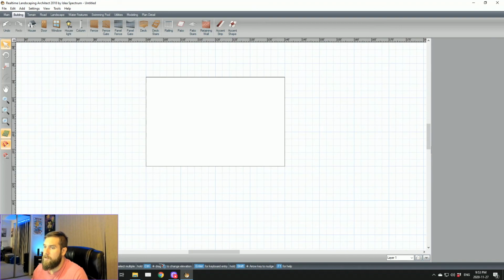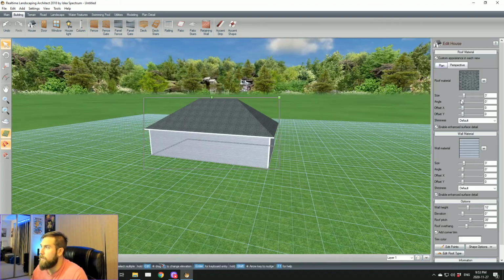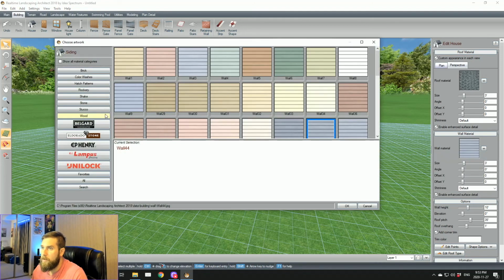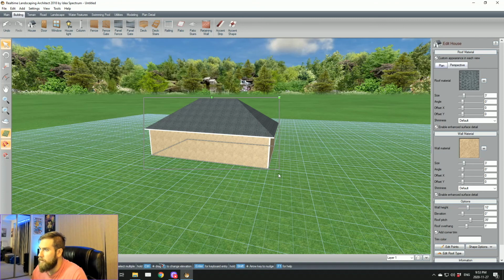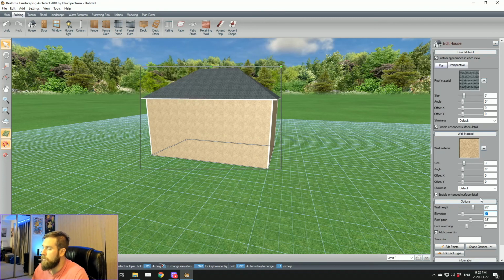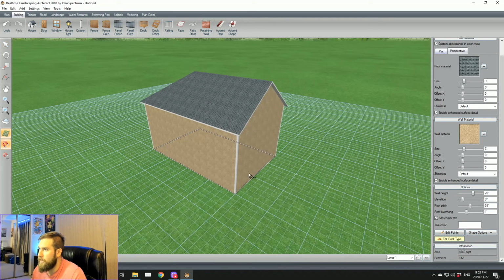Okay, so here we go. We're going to start off with something like this, and I'm going to make it look a little more realistic. We're going to change the roof style,